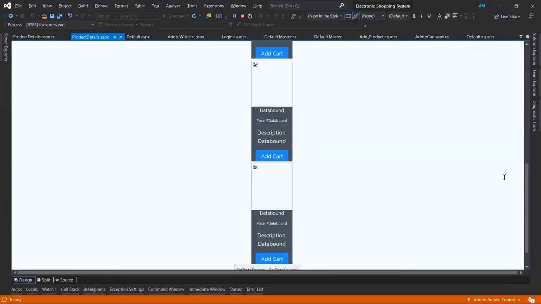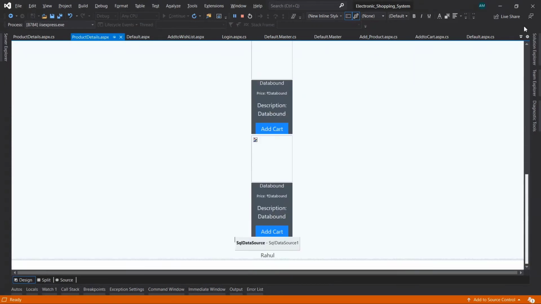I don't know why this is displaying in the design page.